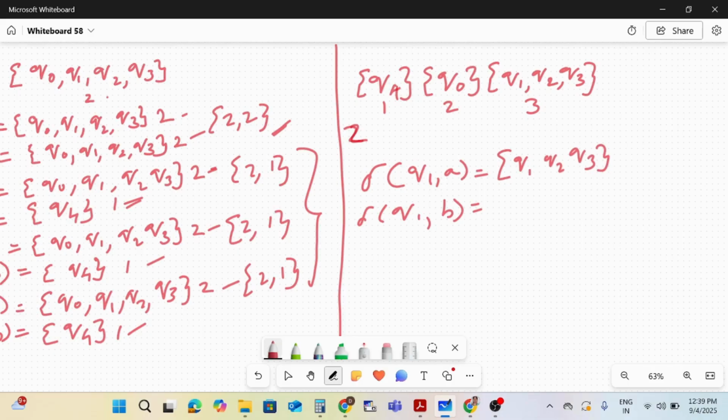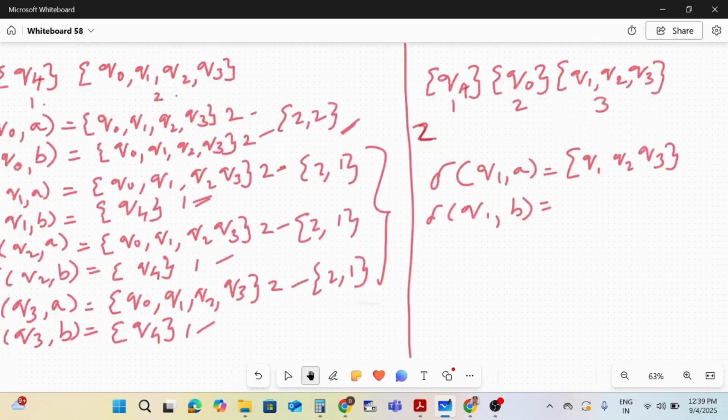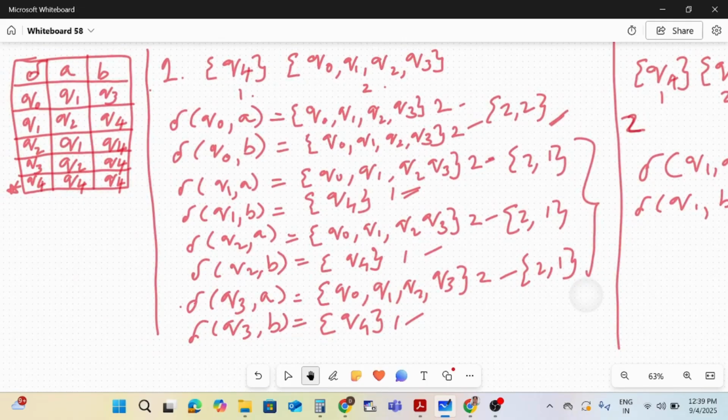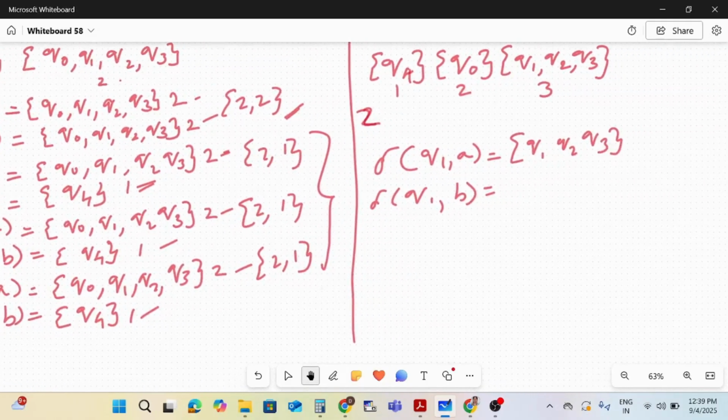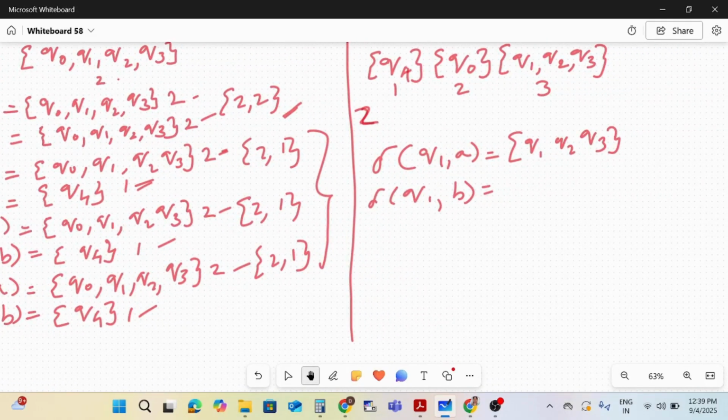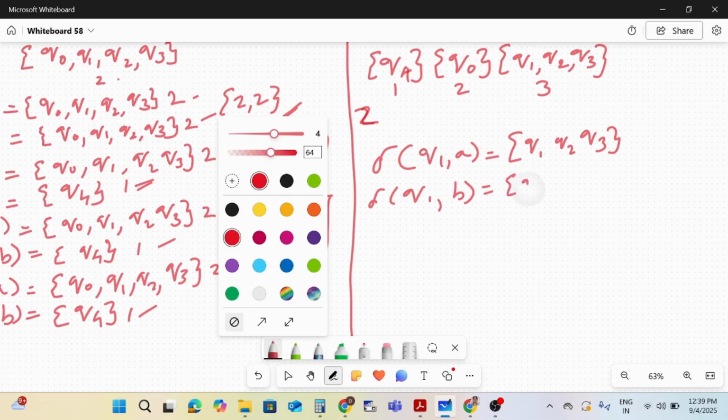Similar fashion, Q1 on B, where it is going, you can check. Q1 on B, it is going to Q4. It is going to Q4. Okay. So this is class 3 and this is class 1. Similar fashion, we need to check it for